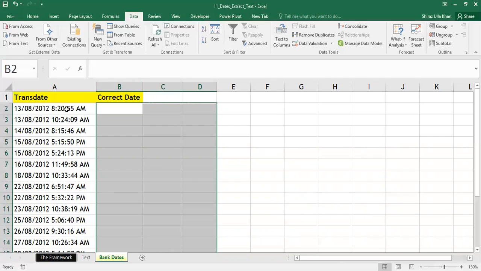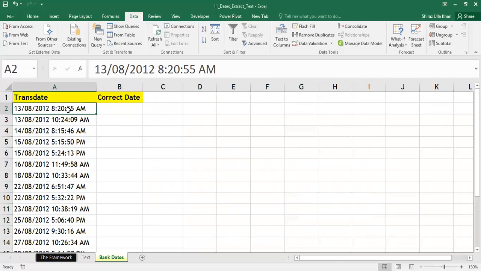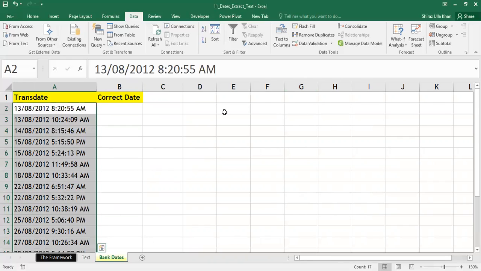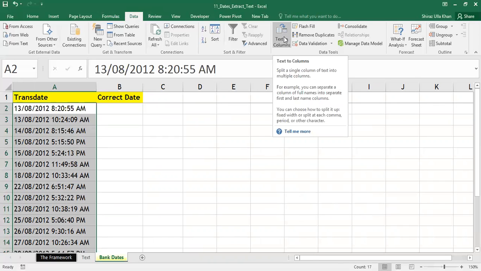So people, as you know, the first step is to select the data. So I'll click on cell A2 and I'm pressing Control Shift down arrow key from my keyboard to select the data. I've selected the data as a first step. And now as the next step, to start the text to column utility, I click on the data tab. And once I click on the data tab, in the data tools, I click on text to columns.